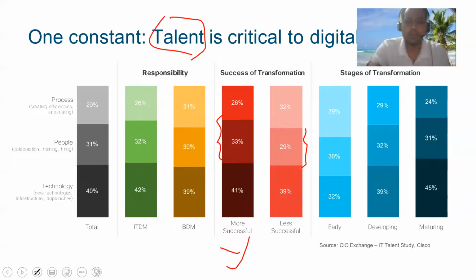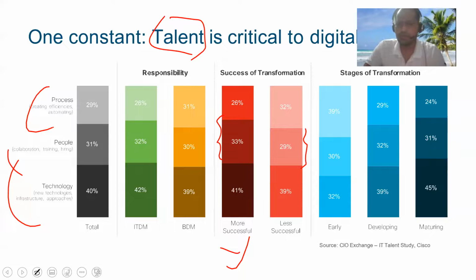So success is measured. How is it measured? It is measured with three pillars: technology, people, and process. You should have process. Most of the companies have process, correct? And you can see that the successful companies have 26% process compared to the companies that are failing. Again, you know the term micromanagement. Big companies don't have that much micromanagement, who is doing what, who is logging in at what time, etc.